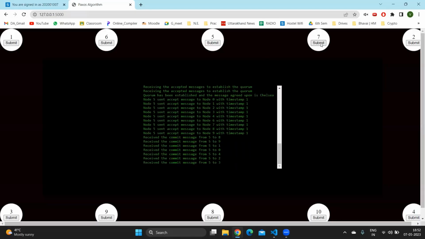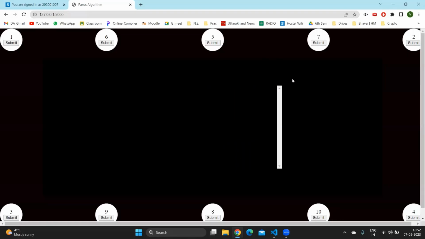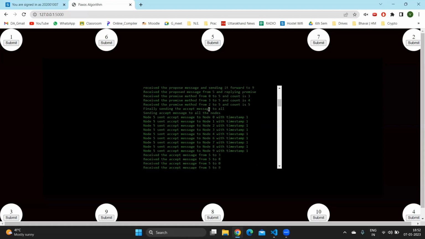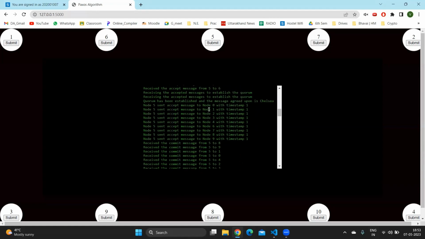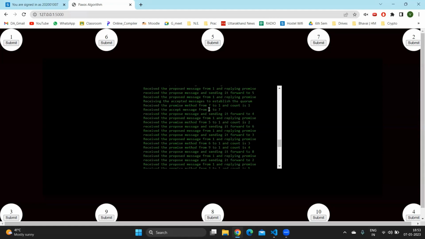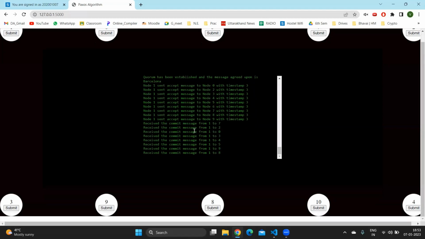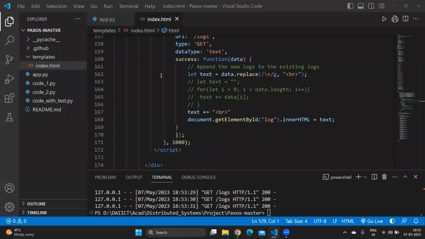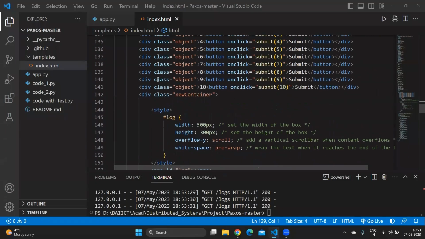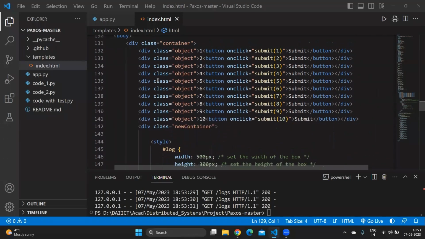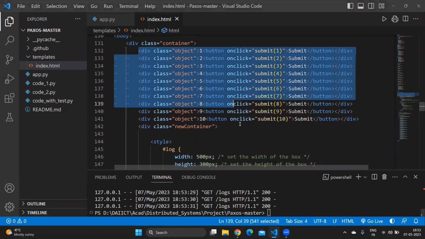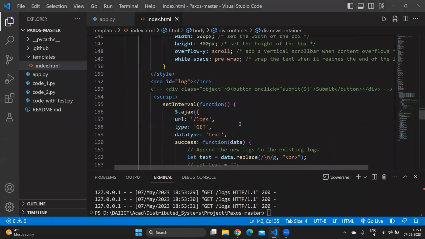So if we click on 7 and 2 at once, these are the proposal messages and the receive accept messages that will be received, and the quorum will accordingly be established. And this is the index.html, the front end file that we've made, which includes these 10 buttons and their styling.